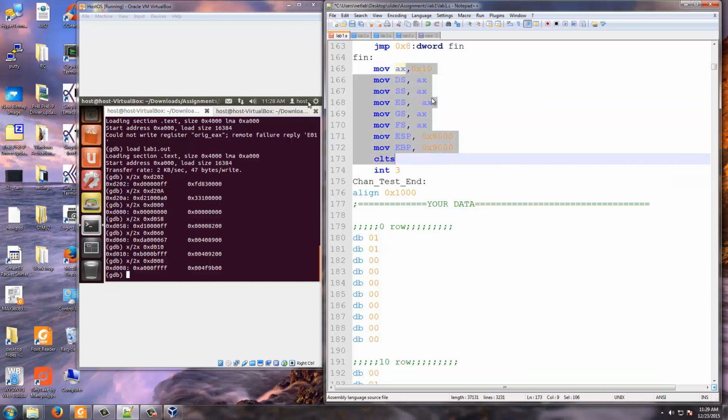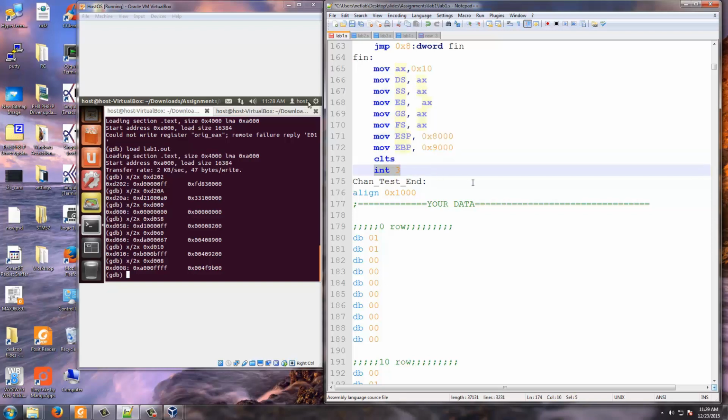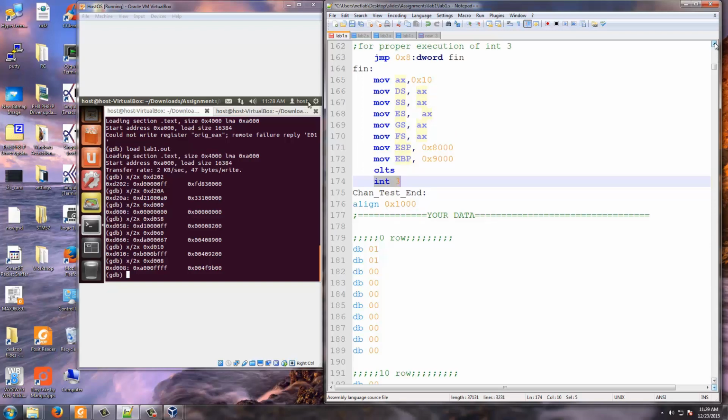And we do int 3. You set up all these things with the new GDT, and you do int 3, which will take you back to the GDB prompt.